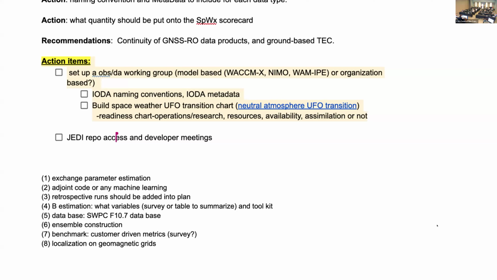Maybe we grab one observation type, maybe we grab one model, maybe the only thing we do is compute observation minus simulated HLX. But that at least is a starting point. And we share that with everybody, we document it, we actually train, and everybody can build on it. We won't have all the features, but it will have a starting point that we can build upon.